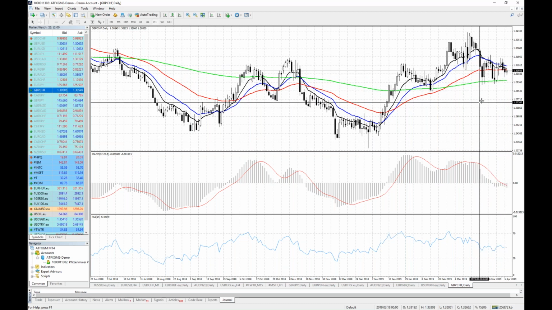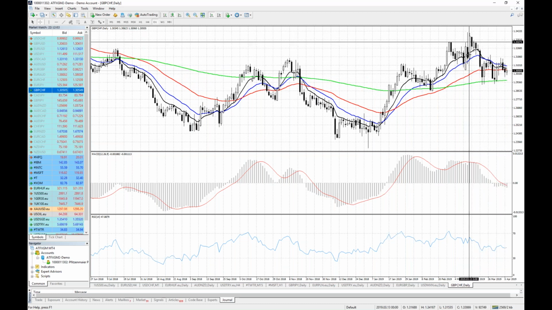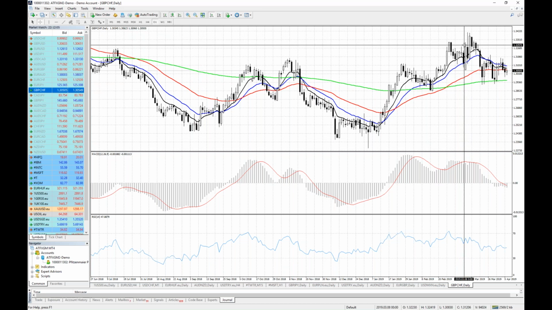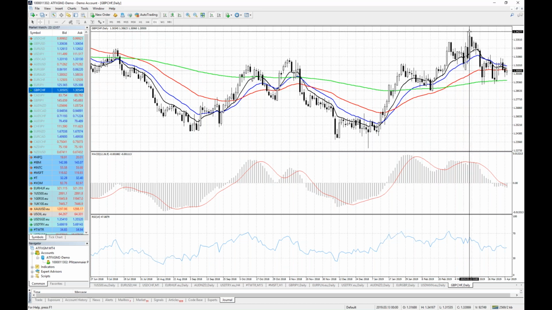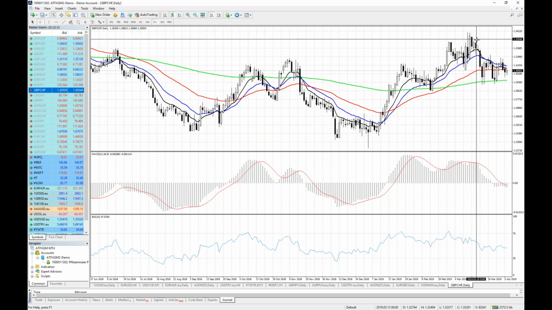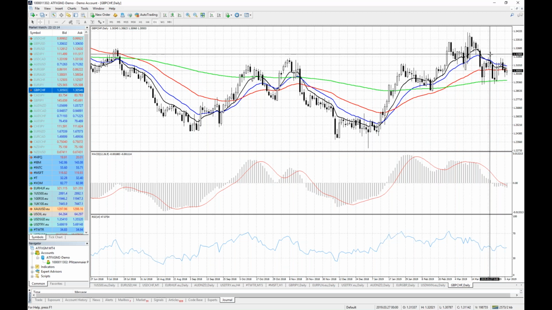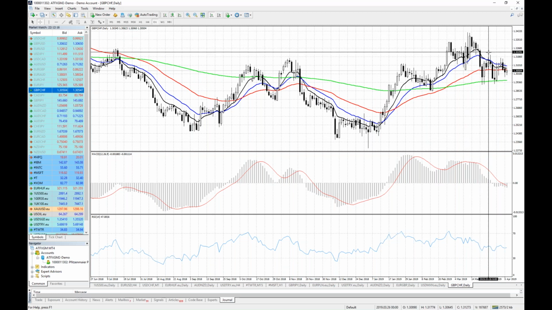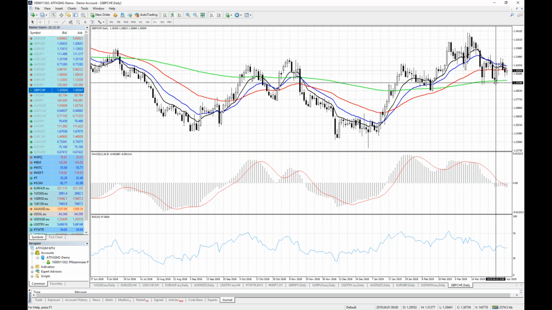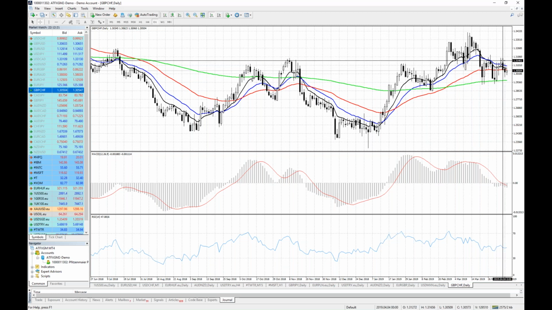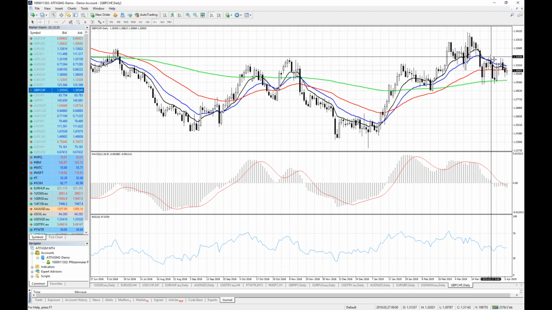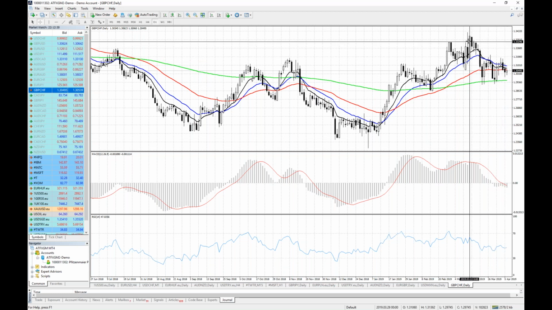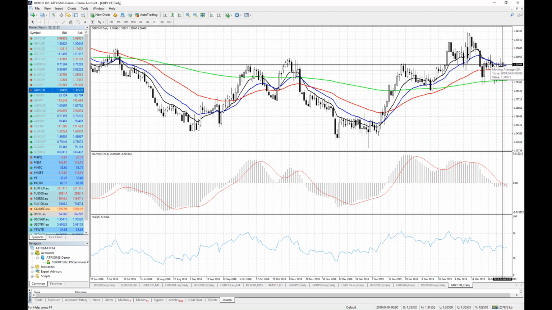However, that being said, what is currently the trend here on the pound against the Swissy? We have highs, we have a higher high. Now, where's the next high? I'm just moving sideways and I'm seeing, wait a minute, that's the high. So this is now currently a lower high. The price has dropped further and came back and formed another high. And comparing this cluster here, yes, it's very close to that one, but still it's a lower high at that stage. So sure enough, price has made a series of lower highs.